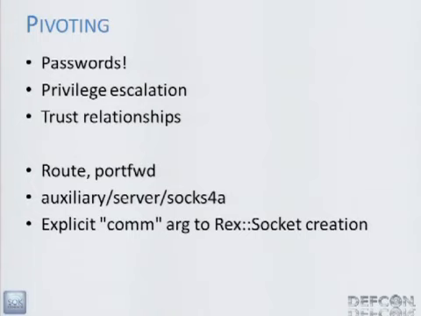And Meterpreter sessions are all COM objects. So you can just pass a Meterpreter session into a socket creation, and then from that point, that socket will be connected through the compromised machine. And there's not a whole lot of use of this yet. It's a relatively little known feature, but it's very, very cool. And I think it'll be super important for post modules in the future. I think it's one of the best things about Metasploit, being able to create new sockets on the other side. And the COM object gives you a quick way to do that.